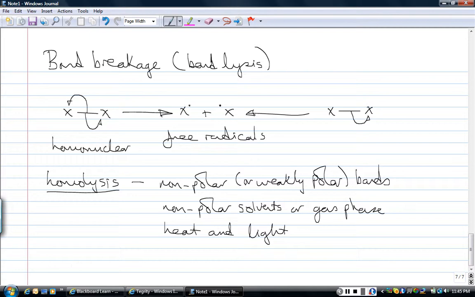So a good example is if I take Cl2 and either I heat it to 250 degrees Celsius or I expose it to light in the gas phase, and I end up with 2 chlorine radicals. And that simply occurs this way. This is a classic example of a homolysis. So the bond is non-polar, it's encouraged in the gas phase, and it's done in the presence of either high temperature or light. And I'm going to go through these features in a little while when we consider the other type, which is